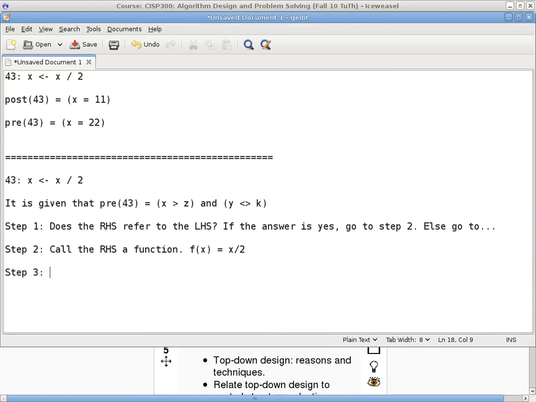Step 3, try to find an inverse function f prime of x. Now, just because f of x refers to x does not mean there is an inverse function. Okay, that is not automatic. In this case, yes, we do have an inverse function. How do you reverse the operation of dividing something by 2? You multiply it by 2, that cancels out the division by 2. Okay? If an inverse exists